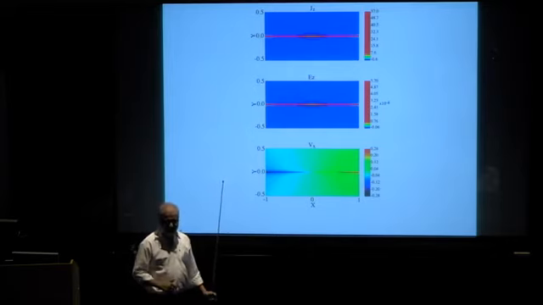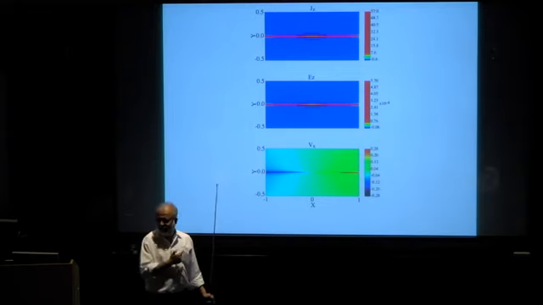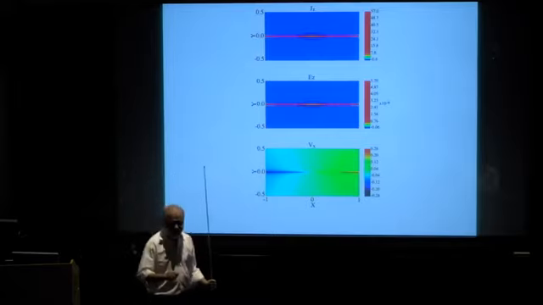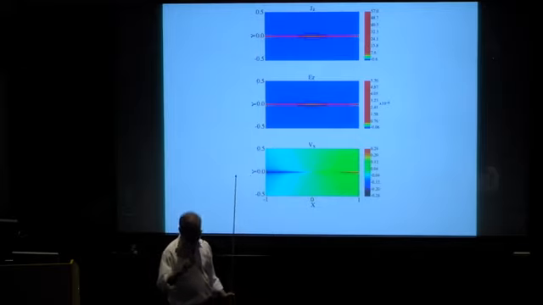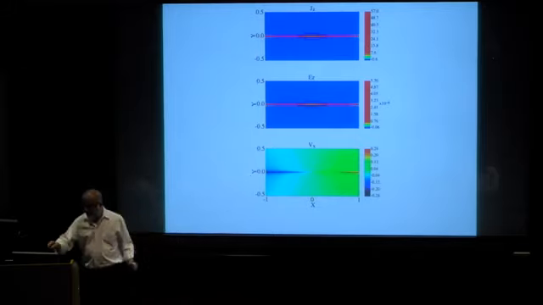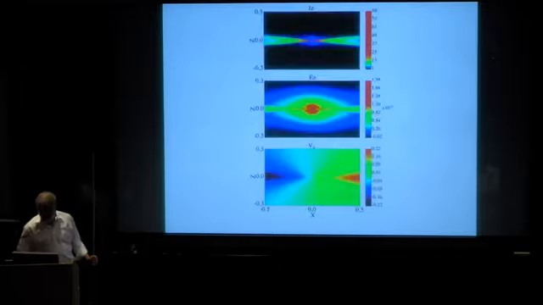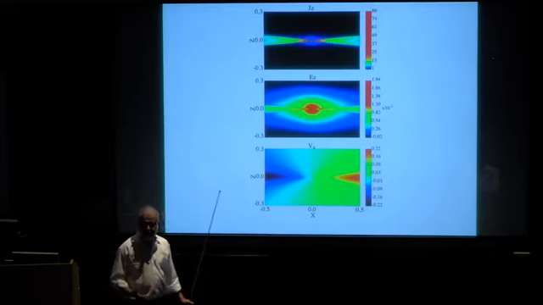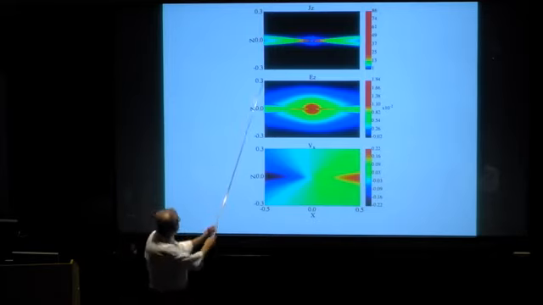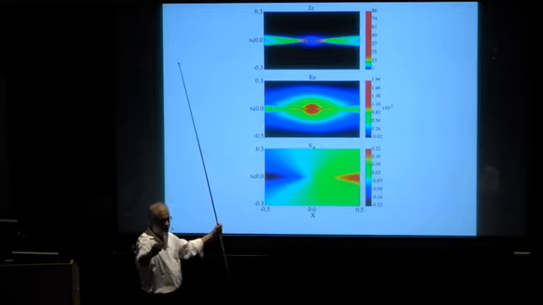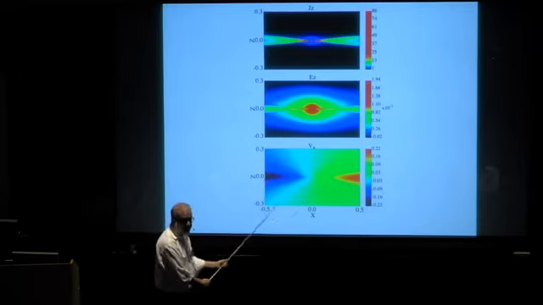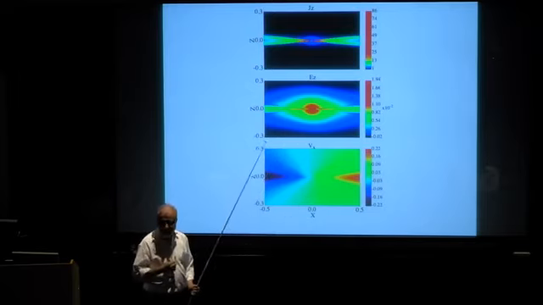What did Petschek teach us? There's no way you're going to get fast reconnection if you have this sort of a system size where the width and the length are very disparate. Well, guess what? For the same initial condition, if you turn on the Hall current term and run exactly the same simulation, transiently the system looks like this, and then it begins to look like that. It goes through a very major geometric readjustment whereby the current sheet goes from that extended Y-point type structure to this X-point type structure. The jets open up, giving you much higher rate of reconnection.